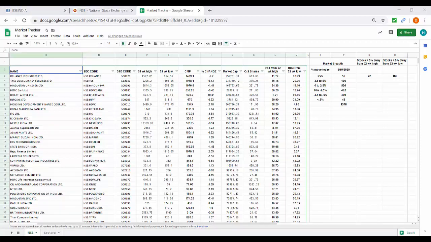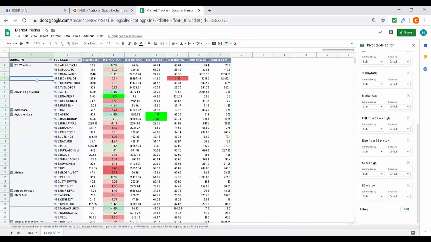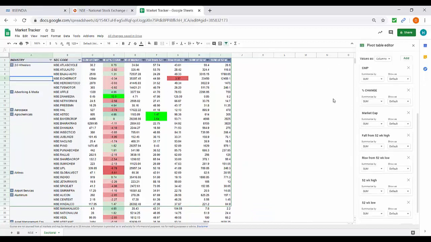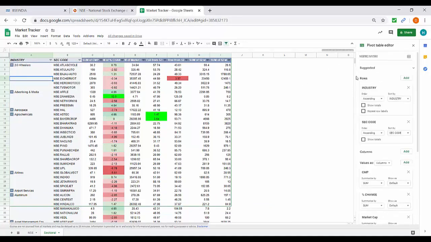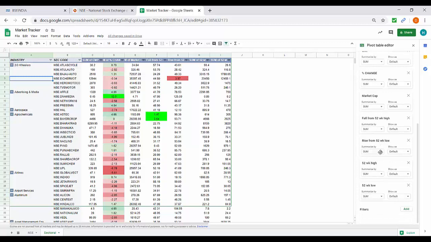Next, what I have done is applied a pivot table on this particular set of data and come to this set of data. As you can see, in the rows I've added the industry and then the security code, and then I've taken the values, such as current market price, the percentage change, the market cap, the fall and rise from the 52-week high and 52-week low, and the 52-week high and 52-week low themselves.